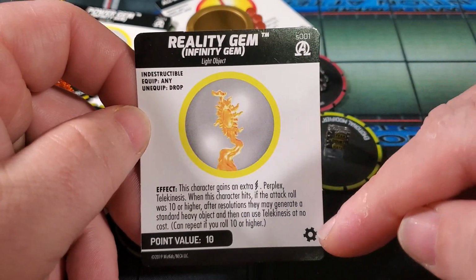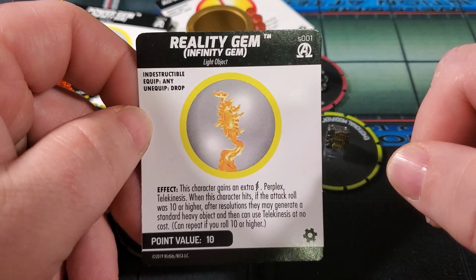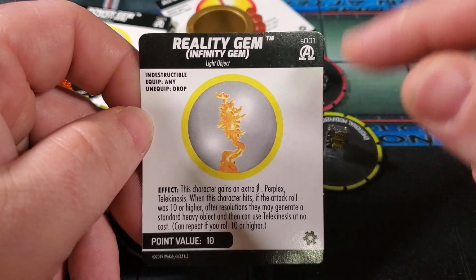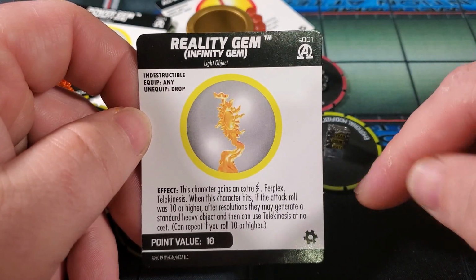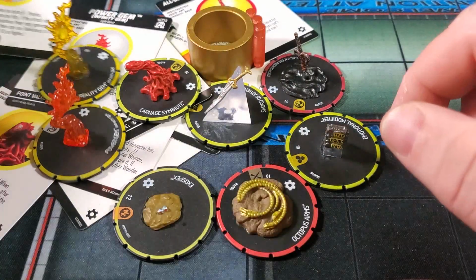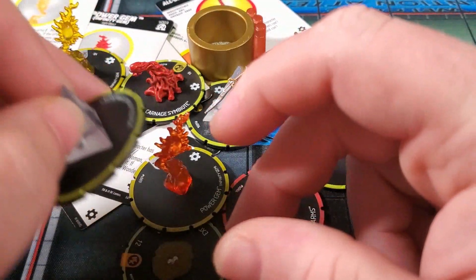So I haven't really ever had a game where I was able to do the TK attacks a bunch of times in a row, but still just the Perplex and the TK and the 1 extra bolt more than justifies the 10 points that this thing has here. So all kinds of times I'm reaching for this for the TK, and then I'm like, oh, bonus TK, or bonus Perplex. So the last object we're going to go ahead and take a look at is another new one,